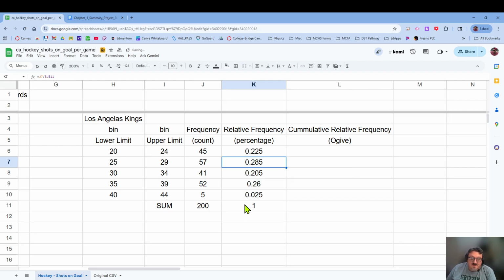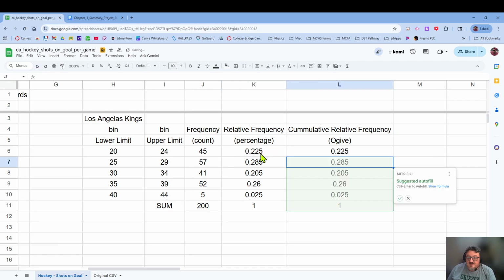Okay, that is auto-filling properly. I can tell this if I drag this over, the sum of this column is 1. I also could look down here at the bottom right and change this to sum and see here that the sum is still 1. All right, finally, we're almost to our ogive. The ogive is what you get if you add up the frequencies as we go, or the relative frequencies as we go. So we're going to make our first one equal to this cell,